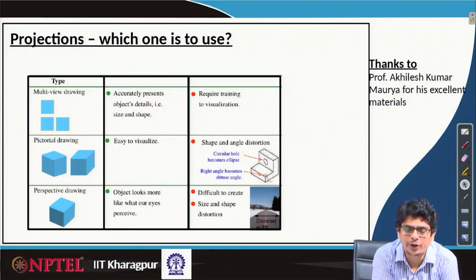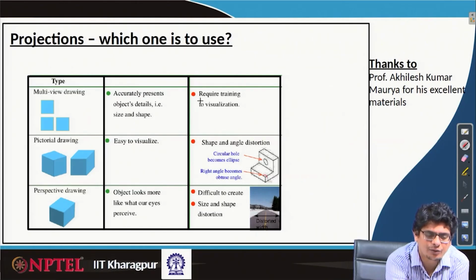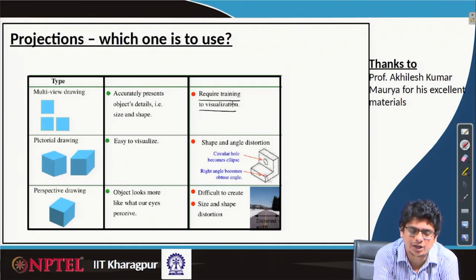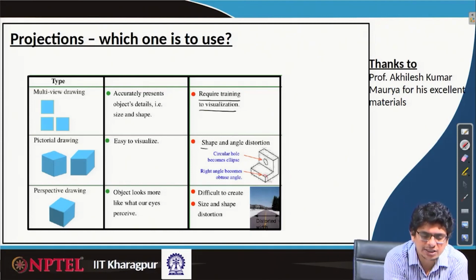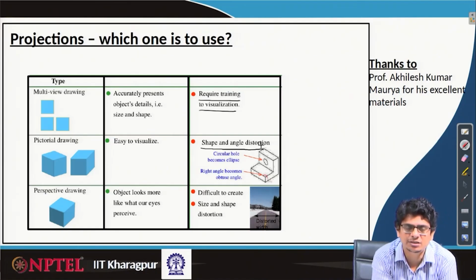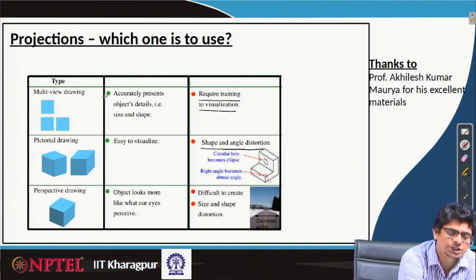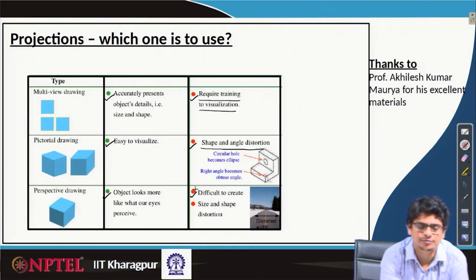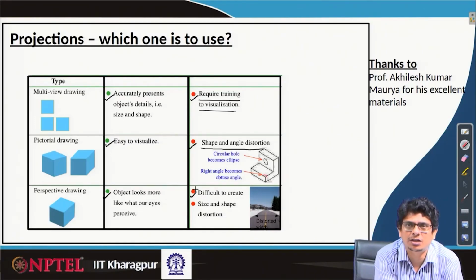To construct multi-view drawings, a slight skill set is required. That means training to visualize the object and represent that visual onto the sheet requires slight intuition. In the case of pictorial drawing, the main objection is that shape and angle distortion happens. So, the advantages are shown in green colored dots, the disadvantages or problems are shown in red colored dots. So, multi-view drawings always require slight intuition about the object we are looking at, how to represent it in different